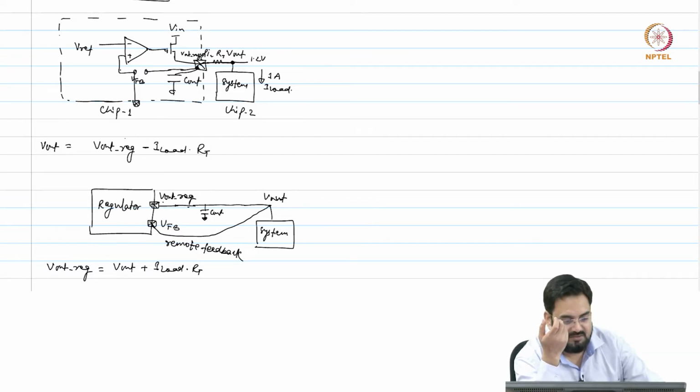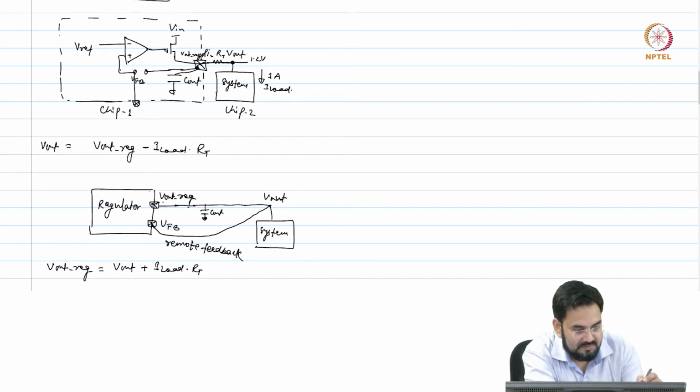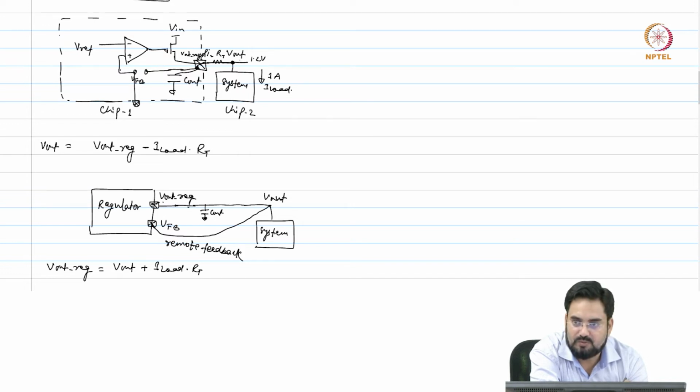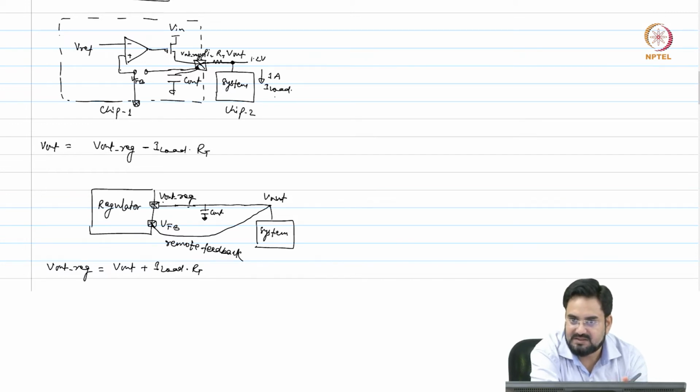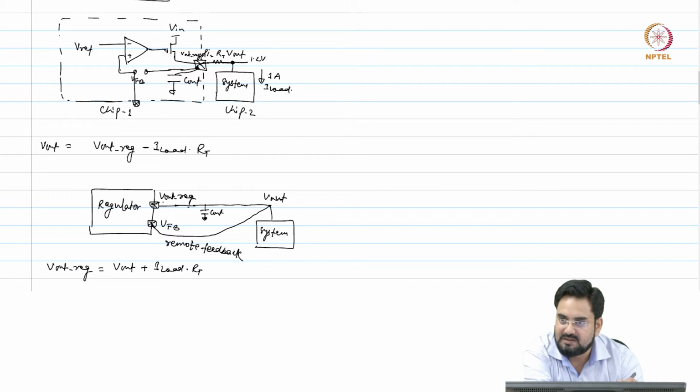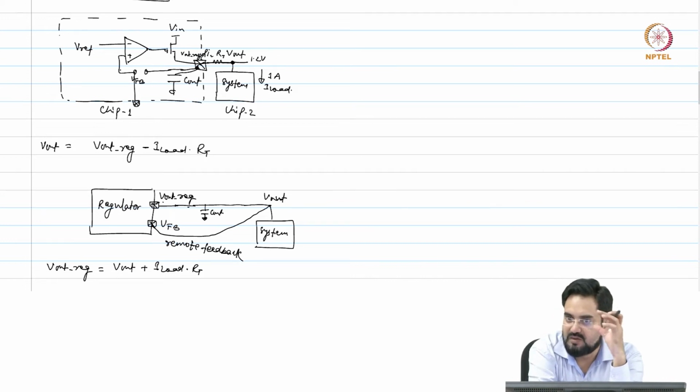So there are a few things here you need to look into. When this was regulated at 1.2 volt, this guy was below 1.2 volt. So obviously your system, if this is, let's say, a switching system, then CV square F losses will be slightly lower because the voltage you have reduced. But here you look at one more point. In this case, you are now regulating V out, so the local voltage is slightly higher. So the dropout across that FET is now slightly reduced. So they may compensate.